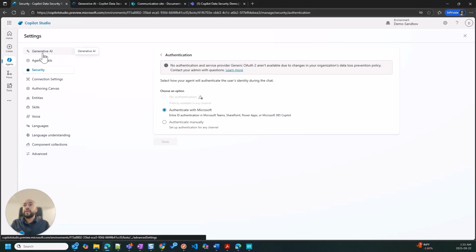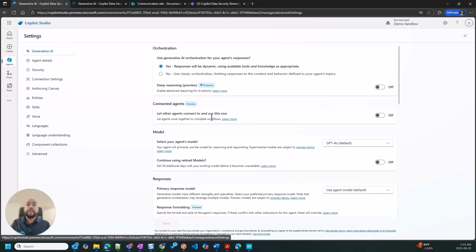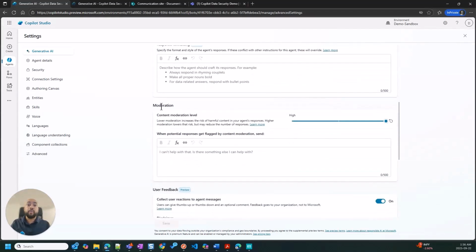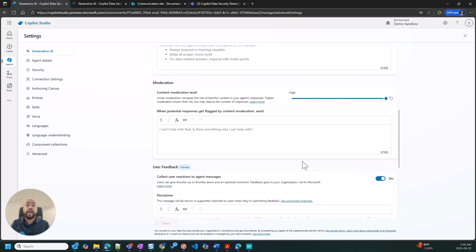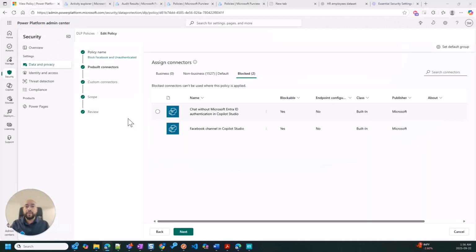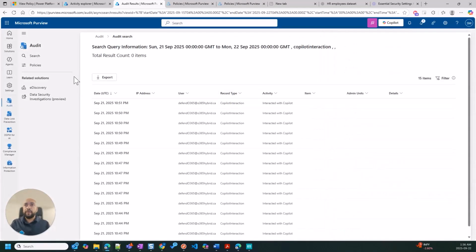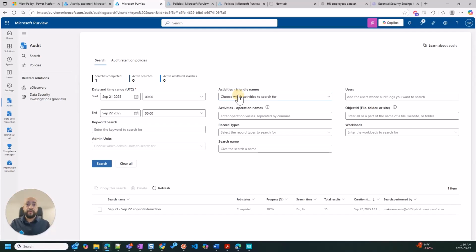So in the agent, when you click on Settings and go to Generative AI, if you scroll down, you'll see the section for moderation. And there are 3 levels of moderation you can define: low, moderate, and high. By default it is high. You can adjust it and see how it responds. Let's come back to the audit logs in Purview. In the audit logs in Purview, by default, nothing shows up. But if you go and search for Copilot,